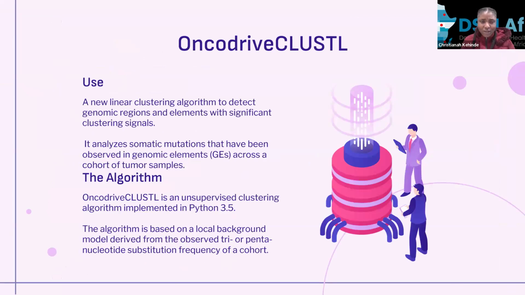So what is OncodriveCLUSTL? It's actually a new linear clustering algorithm to detect genomic regions and elements with significant clustering. It identifies mutation clusters in human promoter regions. And the interesting thing is that it's not limited only to human genes. It can be used to identify cancer genes in non-human data and also in non-coding regions. So it identifies cancer genes in coding regions, in non-coding regions, and non-human data, which is a plus to it,